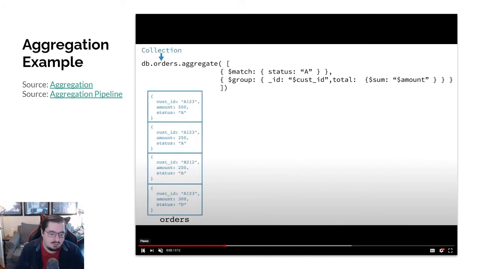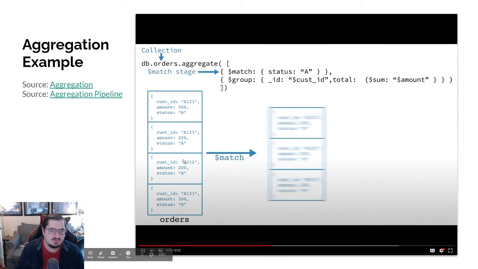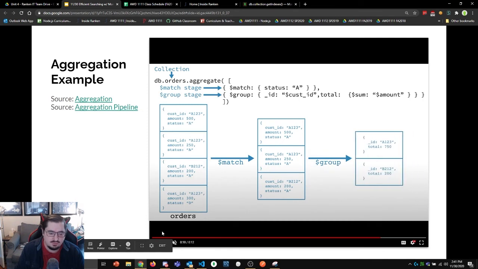So looking at maybe a video diagramming this pipeline, they're going to go through some example orders, push that through, and you can see what happens with the different stages. So we take some data in, which is our orders. We perform the match, and you can see that we lost this document here that did not match because it wasn't a status of A. And then we grouped it down from here